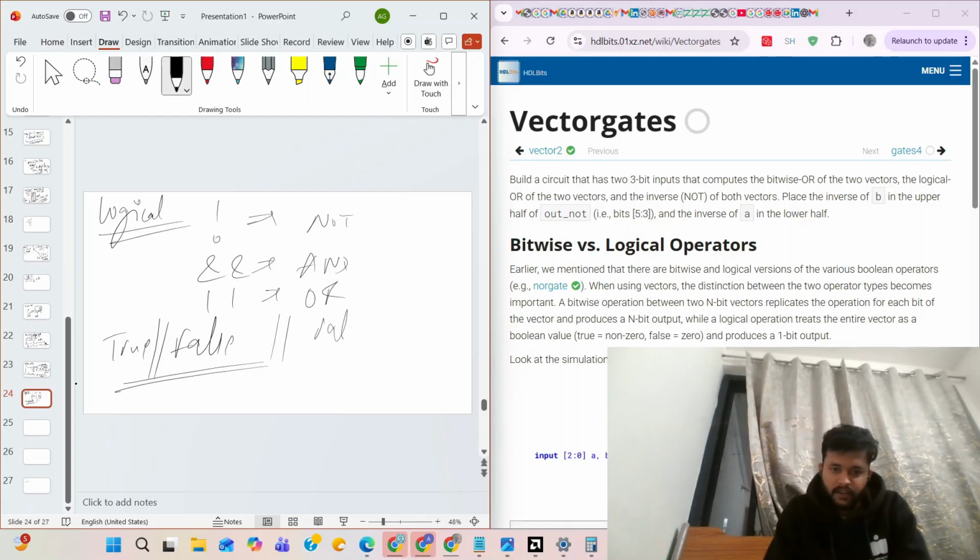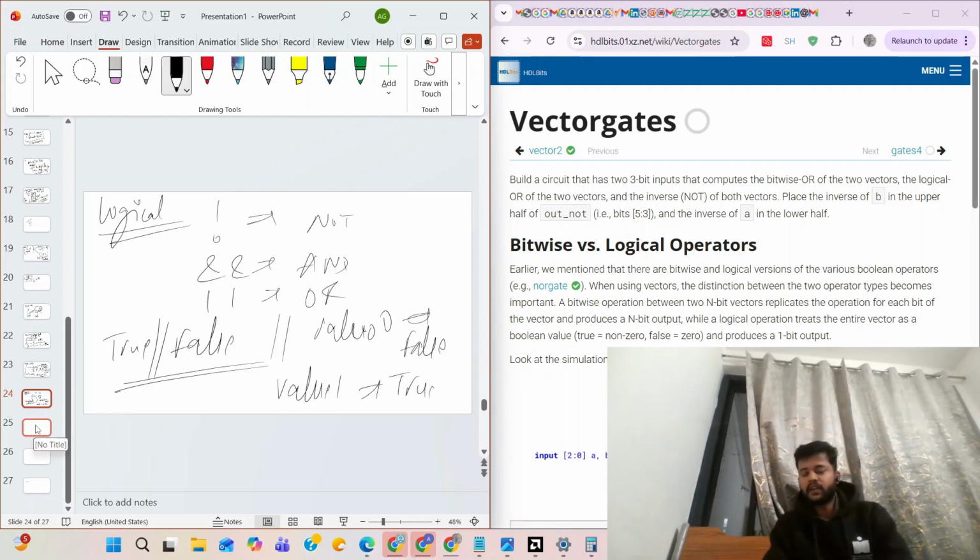Value 0 is treated as false, and value 1 is treated as logical true. So it will give you the final output as true or false only.